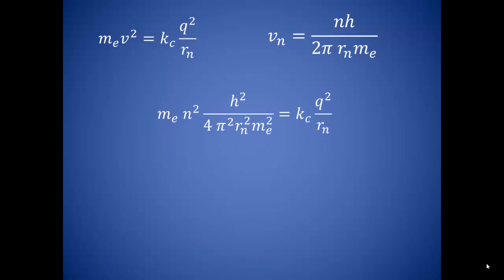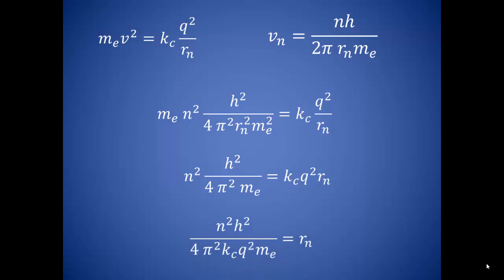We are interested in finding where exactly around the nucleus these electrons are orbiting. So let's solve for the radius of the nth orbit. Move the Rn squared over to the left since there are fewer obstacles over there, and one of them cancels out. We have two expressions for the mass of an electron on the left, so let's combine those terms. Then we can divide by Kc and Q squared to get Rn by itself.